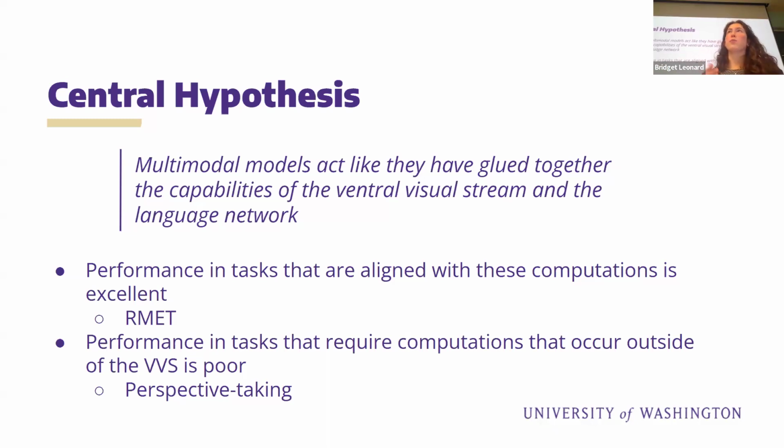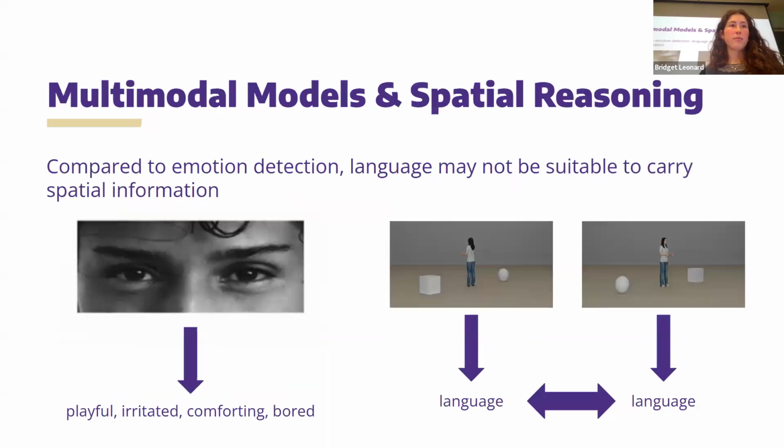So in our perspective taking task, whenever we got to requiring a little bit of engagement from that perspective taking network, GPT-4o could not do the task at all. And one reasoning for this might just be that compared to emotion detection, language just doesn't carry as much spatial information as we ideally want it to in these tasks. So, like I said, pixels to labels is a really clear way that language can get involved in a task, and it's pretty clear to associate those two things together. However, space is a little more complex, and it's not very clear how you can explain